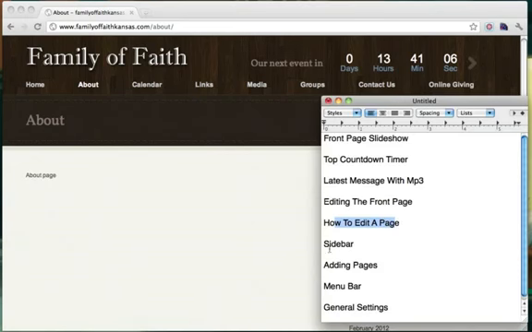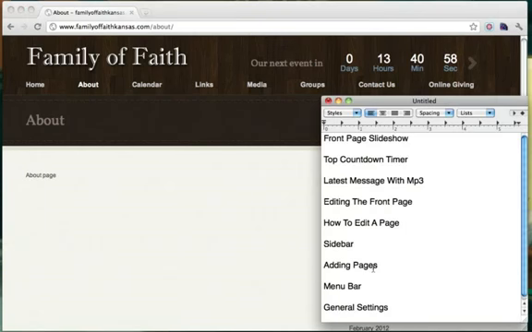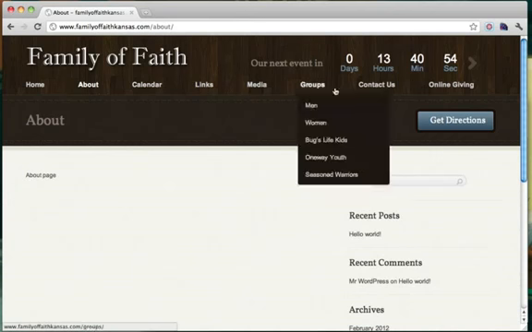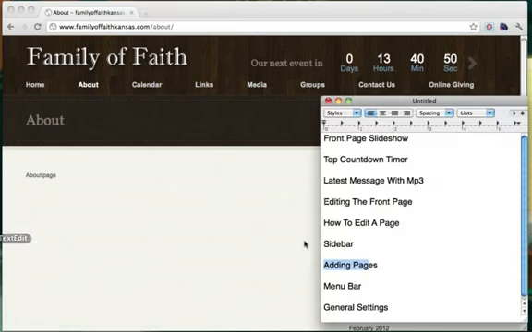Alright, the next thing I'm going to show you is the sidebar. So that's this right here, how to edit that. Then I'm going to show you how to add pages. So what if you want another page up here? I'm going to show you how to add pages, and not only add pages, I'm going to show you how to add it to the menu bar. So